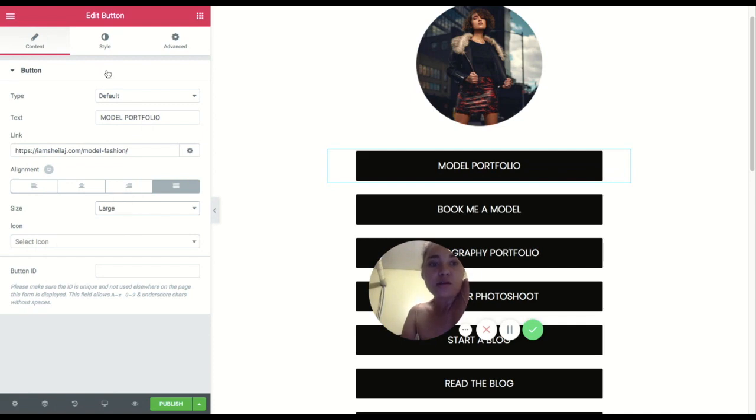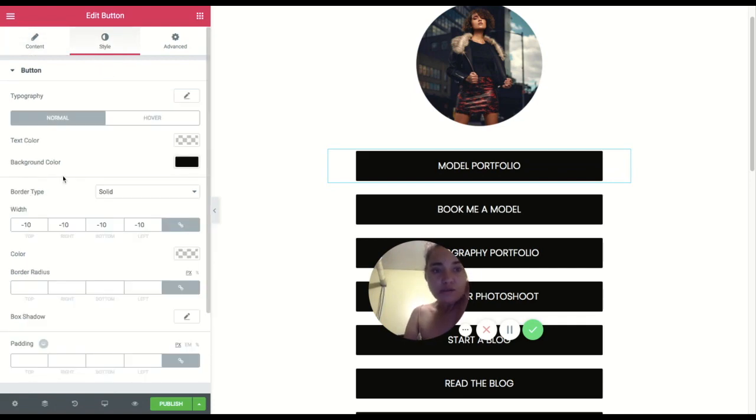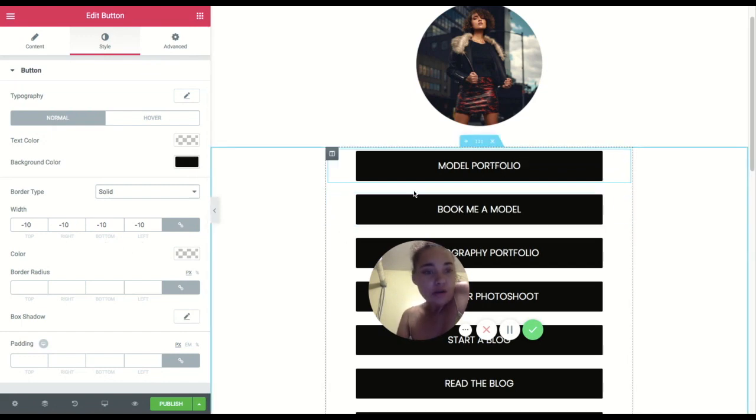This is large, the style of how it should look. I changed the border to solid, and then I changed my width and everything over to -10 top, right, bottom, and left,